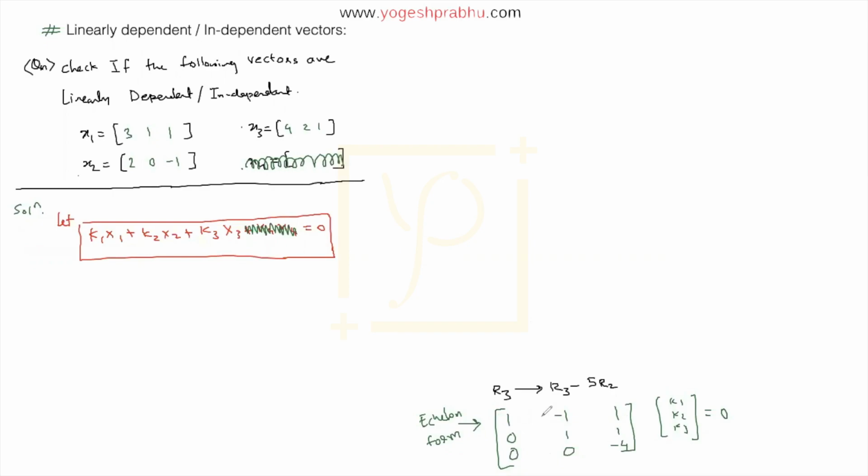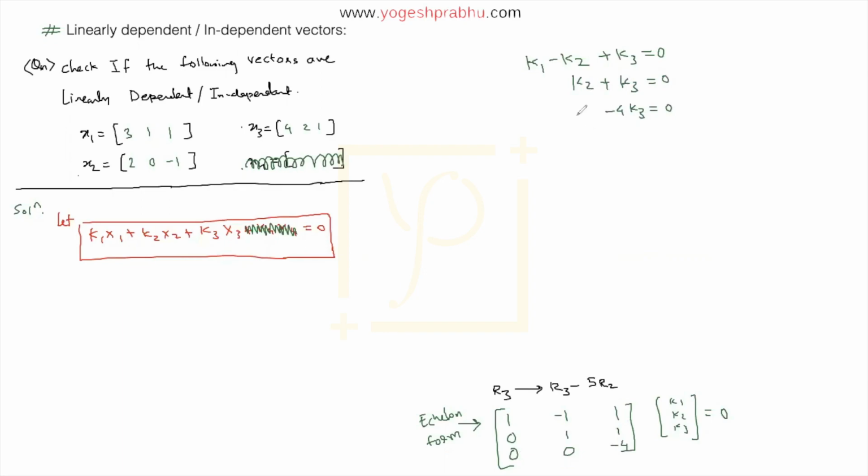so that we will get equations. First row with the column is 1k1 minus k2 plus k3. So k1 minus k2 plus k3 is equal to 0 is the first. Then the second row with this is going to give me 0k1, k2 plus k3, which is equal to 0. And then the last row would be 0k1, 0k2, minus 4k3. This is just minus 4k3 is equal to 0.